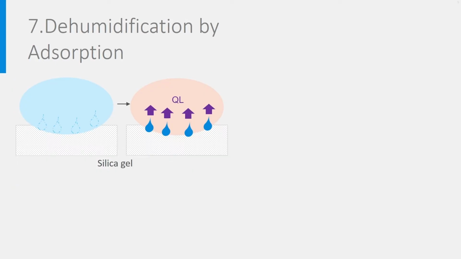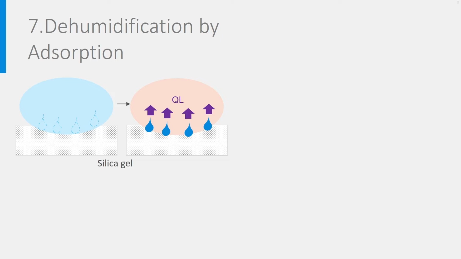There is another possibility to dehumidify air, and that is to absorb the water vapor it contains in a hygroscopic material like silica gel or activated alumina. Such a material is very porous and has the ability to bind water molecules in the pores on its surface. When the humid air flows along such a material, the water vapor is naturally extracted from the air and adheres in the form of water to the surface of the pores.